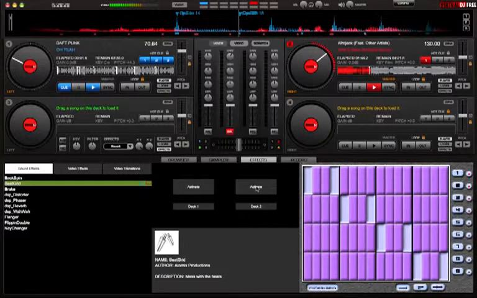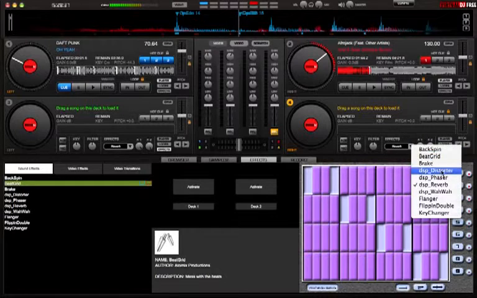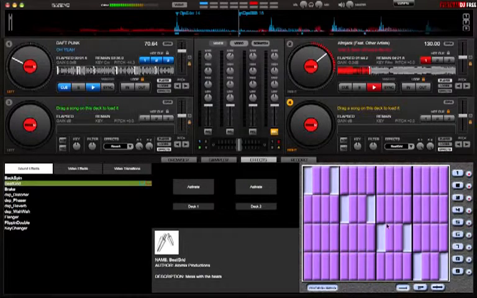If you want to activate it on decks 3 and 4, which we'll show you how to mix in 4 decks later, you can click onto whatever deck you want. The only way you can do it is you can go to your effects menu and drop down and select Beat Grid. All these settings will still stay the same for every deck. So you cannot play with multiple beat grid settings on multiple decks. You would need two different beat grid effects playing on 2 different decks. But if you only like this one, which is really what I like, then it works. And so you can click this and you can play it with whatever song you want. And by clicking on this, you're clicking activate, and it works very